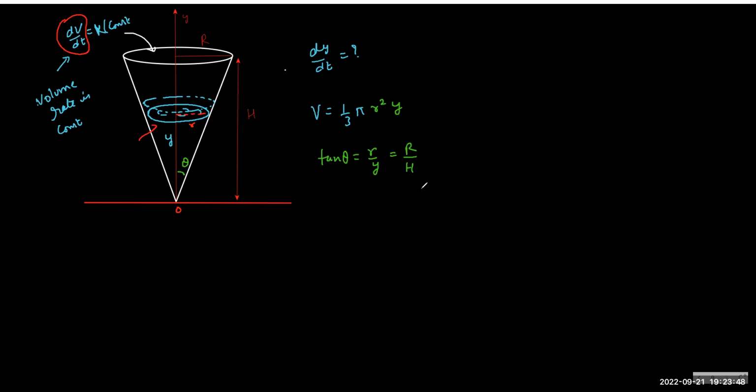The purpose of giving capital R and H was to give you tan theta. So tan theta is r by y, and that also equals capital R by H. So what is r now? Finally, r is